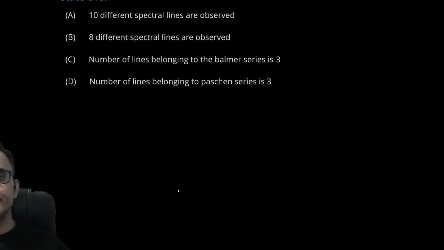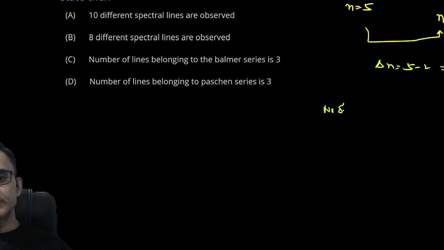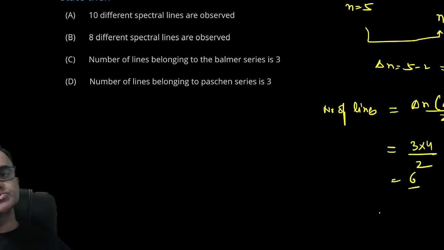A hydrogen like sample electron make a transition from fourth excited state का मतलब n is equal to 5 से second energy level यानी कि n is equal to 2 में ट्रांजिशन हो रहा है। राइट, जब भी कभी एक हायर स्टेट से लोअर स्टेट में ट्रांजिशन होता है जहां पे डेल्टा n 5 माइनस 2 इज इक्वल टू 3 हो गया, तो मैक्सिमम नंबर ऑफ लाइंस या मैक्सिमम नंबर ऑफ फोटॉन्स इमिटेड इज इक्वल टू डेल्टा n इंटू (डेल्टा n प्लस 1) डिवाइडेड बाई 2। तो ये हो गया आपका 3 इंटू 4 डिवाइडेड बाई 2 विच इज इक्वल टू 6। तो 6 लाइन बनेगी। तो आपका पहला और दूसरा आंसर तो हो गया गलत।